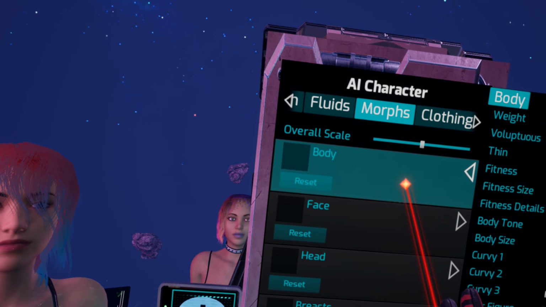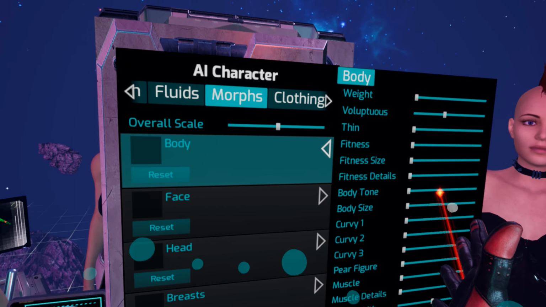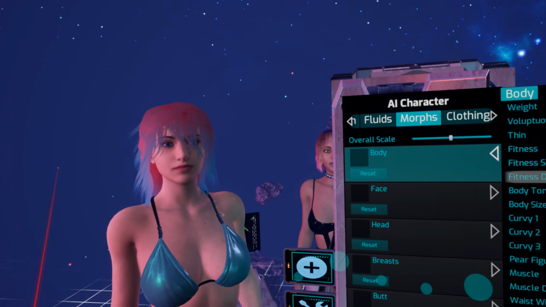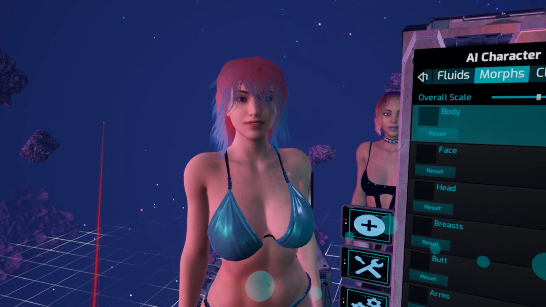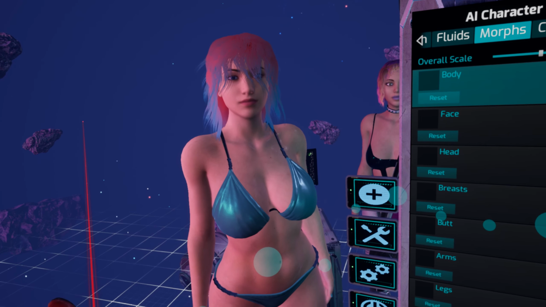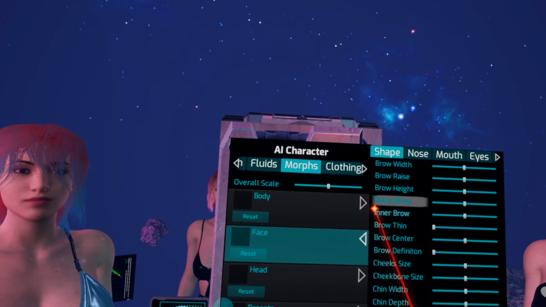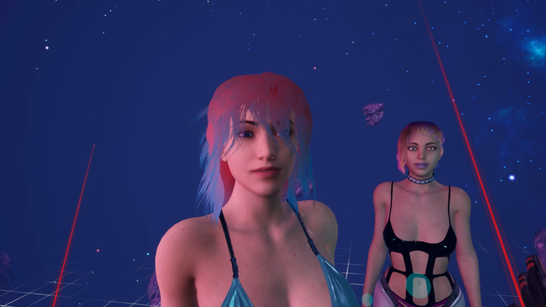So again, you've got body, change the scale, but then if you look at these, let me just get in the right position, you can see you've got all of these extra options that you can now change to give your character a different size. Let's make her slightly bigger in size. We'll give her a bit of a bigger stomach, and then obviously you've got more details for the face. If we move closer again,